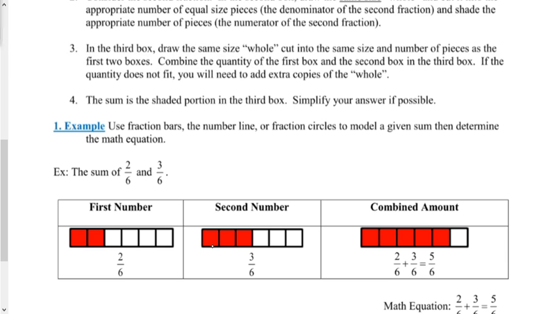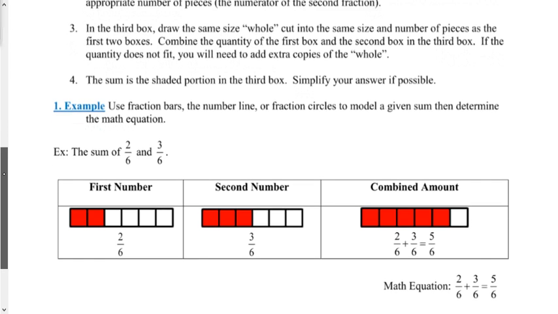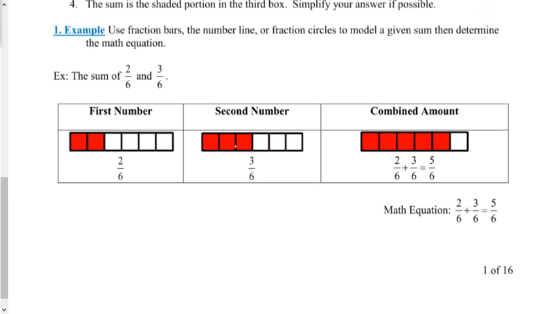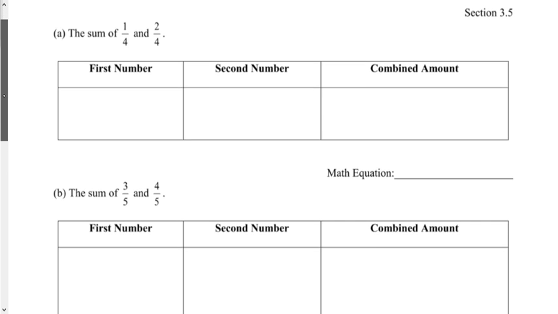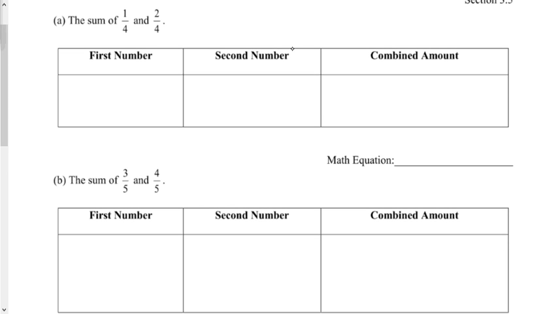And over here you can see we have the same whole amount, and it's broken up into 6 pieces. So once again, we have sixths, and in this case, we have 3 of them. Now, if we combine these two, I would have 2/6 plus 3/6 makes 5/6. 5 out of the 6 are shaded. So let's go ahead and do a couple of these together. I don't know that we'll do them all, but to start out with, we've got